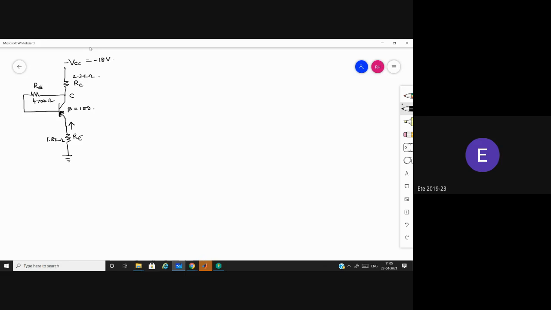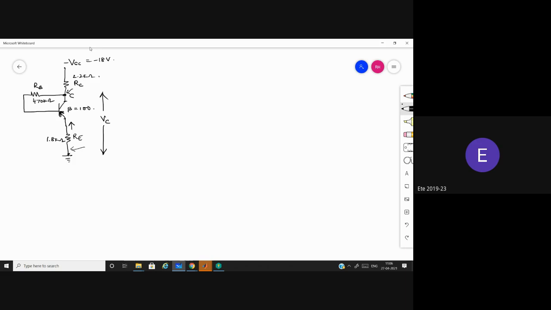Now the voltage between this collector and emitter is VCE, and the voltage between this collector and this ground is, what is the voltage between this collector and ground? It will be same as VBE, sir. No, it's the collector voltage. When you measure, you take a multimeter and put one terminal here and the other terminal here. So what you'll get?